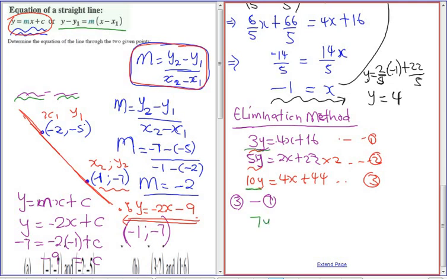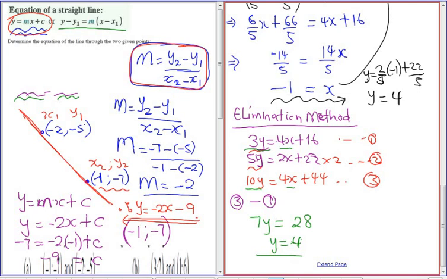That should definitely give us 7y. And on the other side, 4x and 4x will cancel. And 44 minus 16 should not be a big value. Let's just check that one. That should be 28. So as you can see, our y is going to be 4 as well, using elimination,